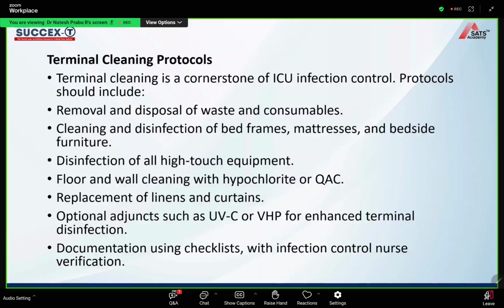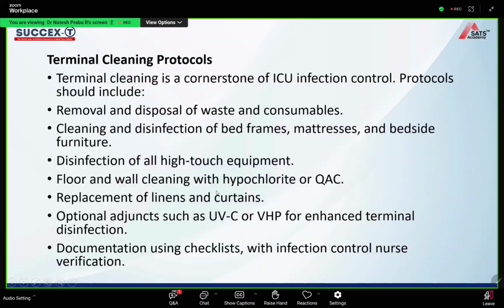Coming on to terminal cleaning protocols. Terminal cleaning is a cornerstone of ICU infection protocol. So it should include removal and disposal of waste and consumables, cleaning and disinfection of bed frames, mattresses, and bedside furniture, disinfection of